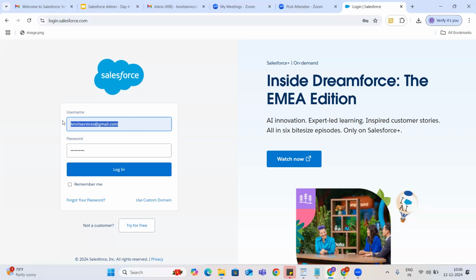Some people don't remember the security question to reset their passwords. Obviously, when we are not able to log into our org, we give the impression to the interviewer that we are not up to date. We are not even remembering our org credentials. So always try to log in using the username and password so that you'll never forget your developer org credentials. In the interviews, they will give you some scenarios and ask you to do it in your personal developer orgs, guys. So don't bookmark it. Try to access like this only, daily.